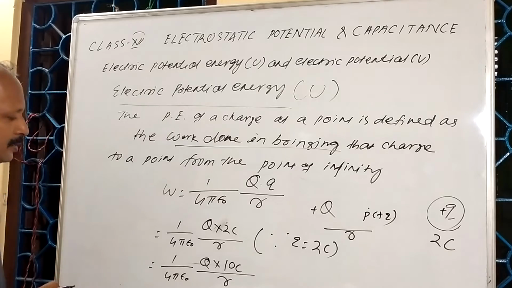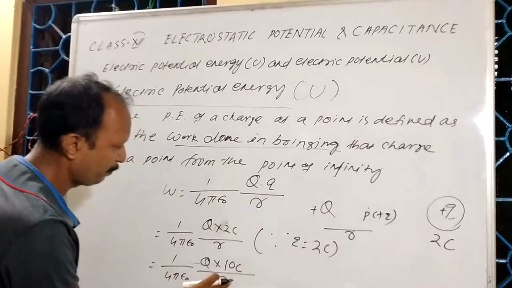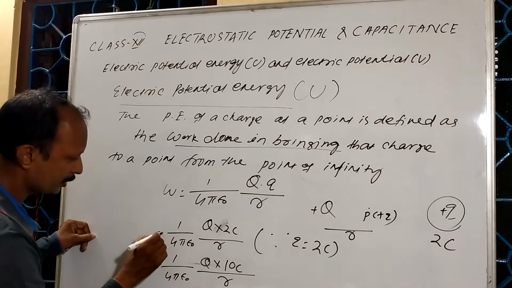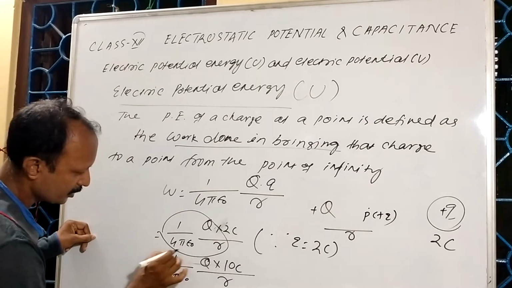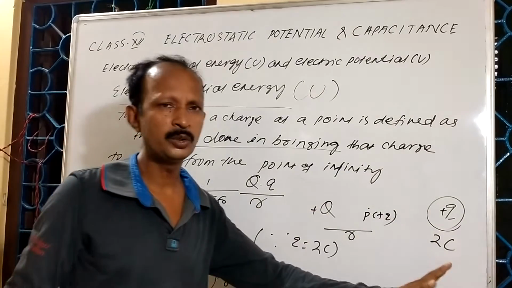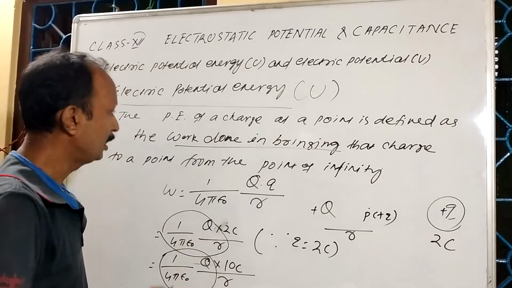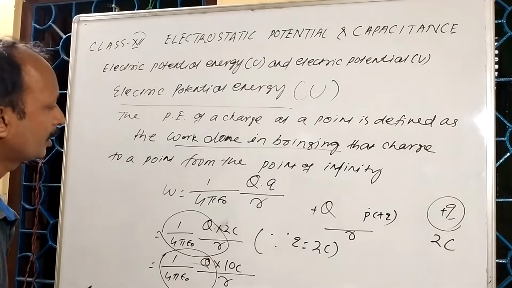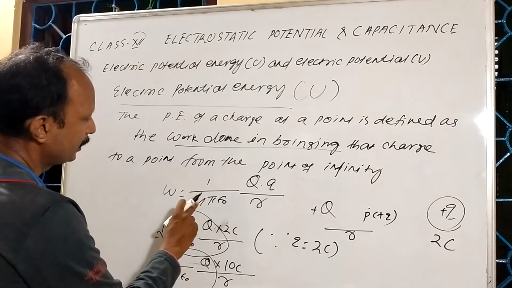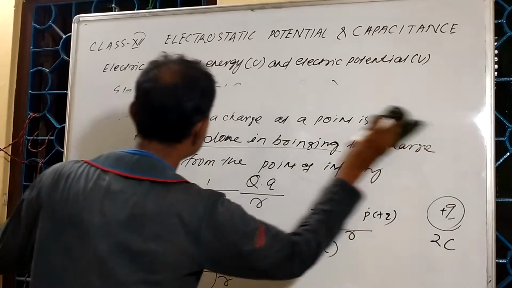Clear? In this case, whatever the charge is, I am multiplying, in place of small q, I am writing it. Now you observe that this one is fixed. Only the small q, the test charge I have taken, is changing. Now see here. This is the work done, or what I can say, this is the